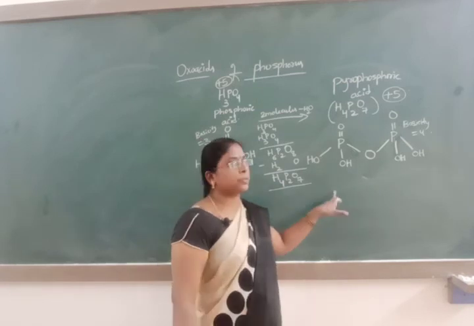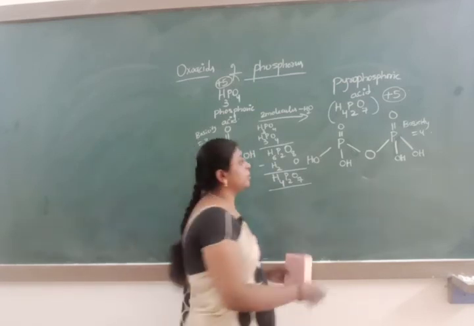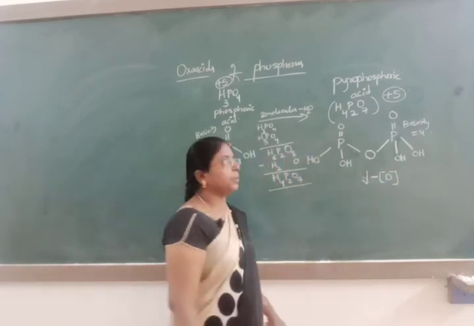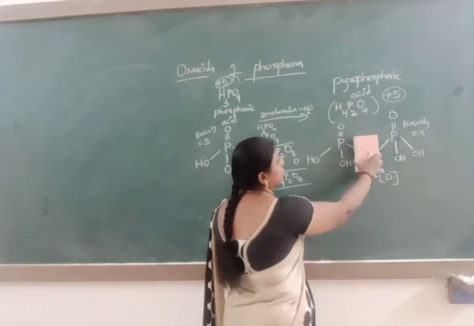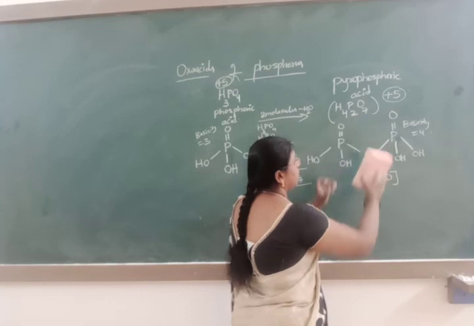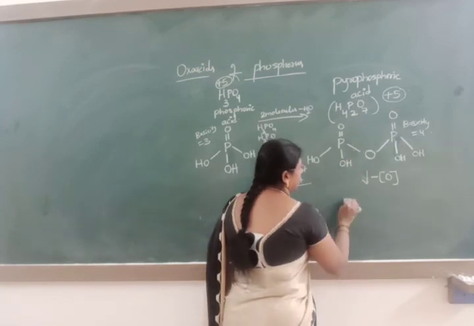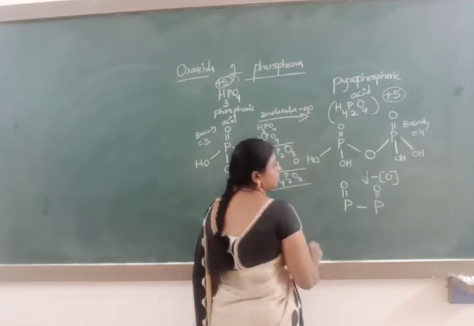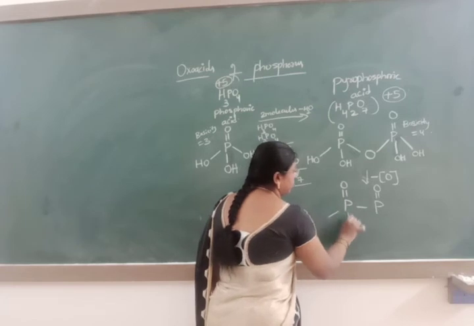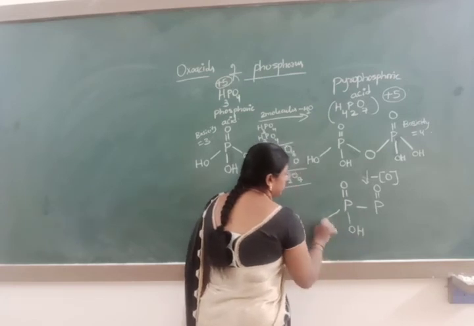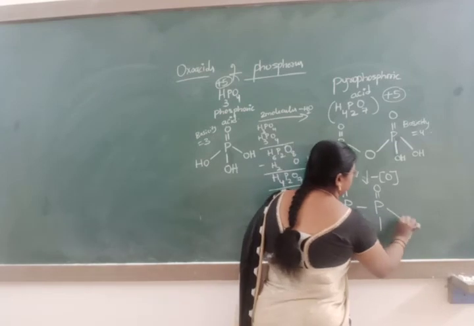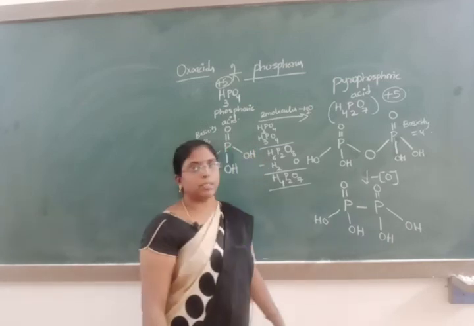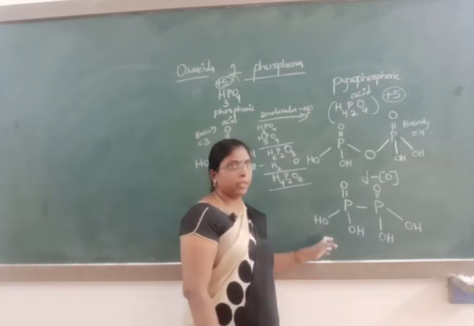From pyrophosphoric acid, if I remove only one oxygen atom from this, what happens here? It will form a PP bond. Here the double bond oxygen is there. The remaining will be 2 OH bonds. If I remove only one oxygen from pyrophosphoric acid, the obtained compound is known as